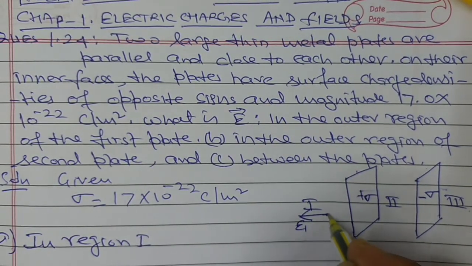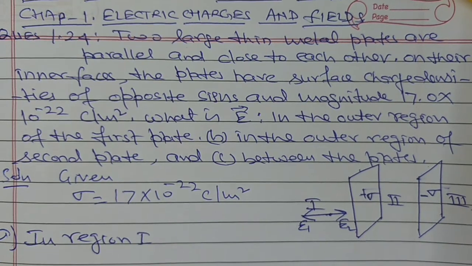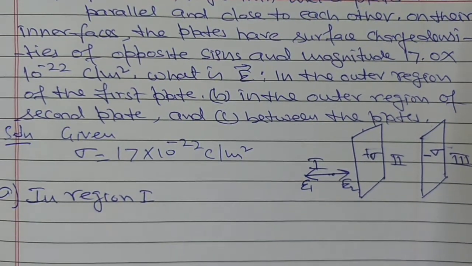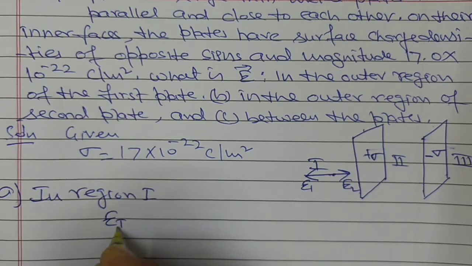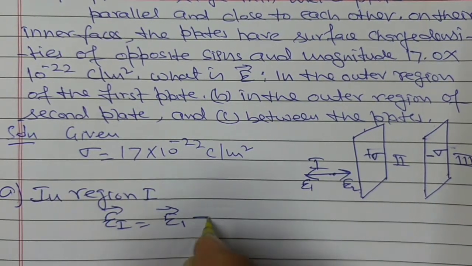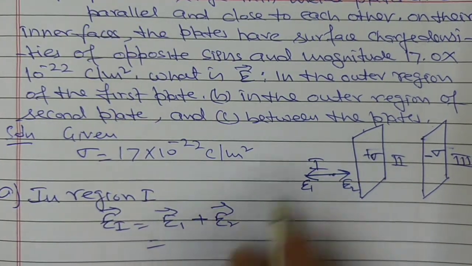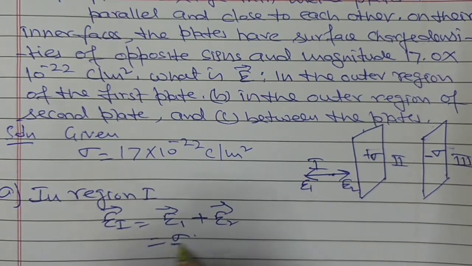Therefore, direction of E2 is this, and hence in the first region the total electric field intensity E first is equal to this E1 vector plus E2 vector, and here this E1 is equal to sigma